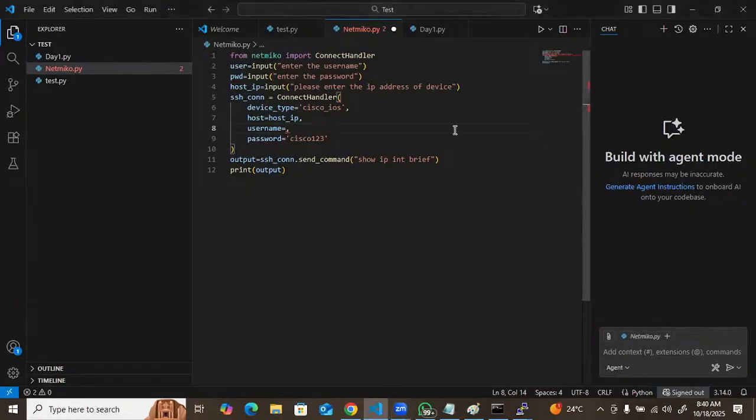So here the username should be the user and the password should be the PWD.